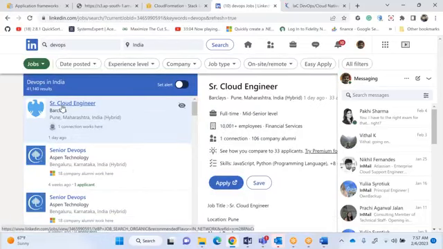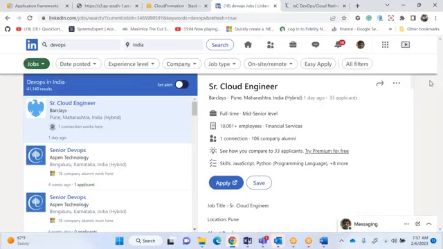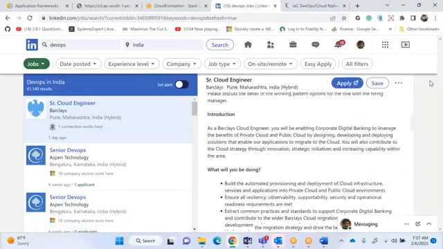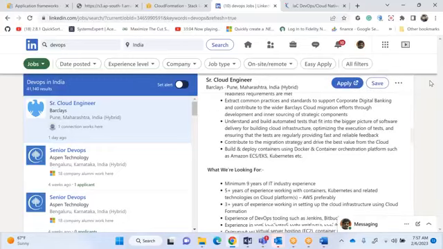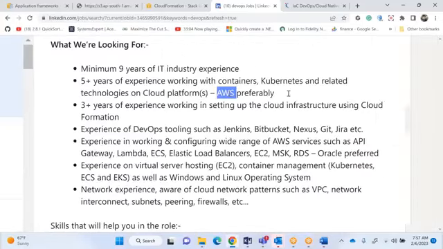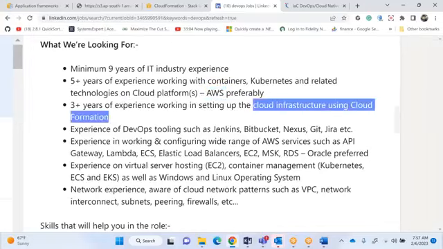Senior cloud engineer, you go back and see, they will ask you in terms of how they are asking you. 9 years of experience, preferable AWS knowledge. You need to have a very great knowledge on cloud infrastructure, CloudFormation template. Take it seriously. I'm not opening and just showing for fun here. You should have knowledge on Jenkins.